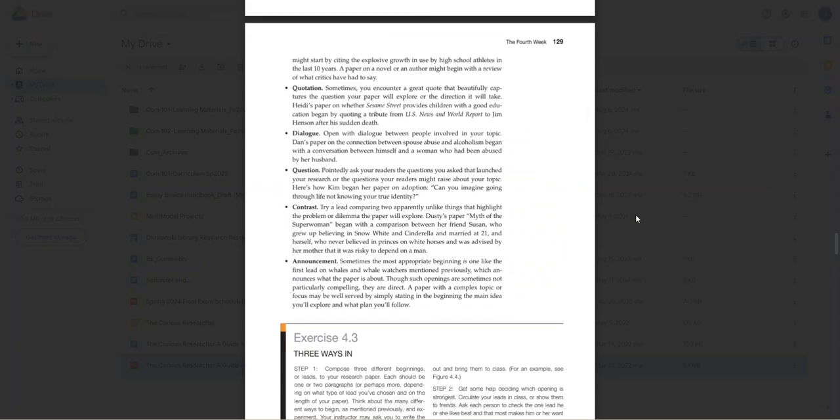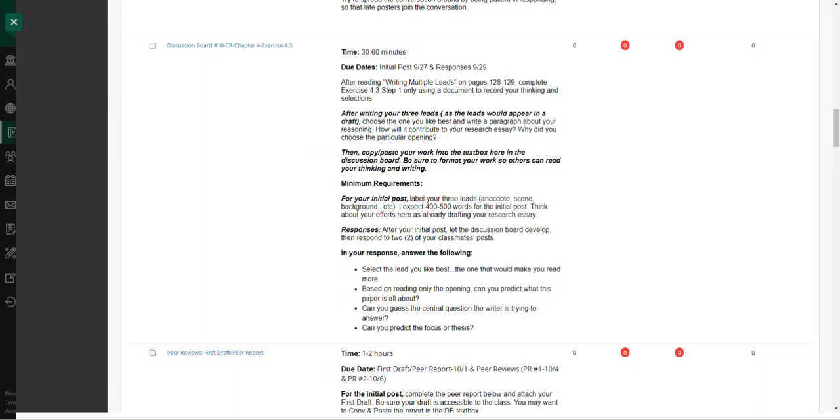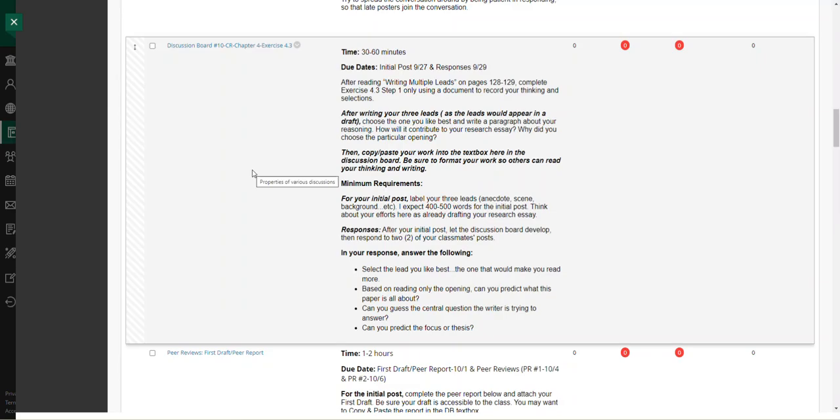You can decide which one you would like to work with, but you already have the introduction written, prepared for your research essay draft. All right. So that's an important activity. Write your 3 leads as they would appear in a draft. Okay. Don't tell me about them. Write the leads as they would appear in your draft.